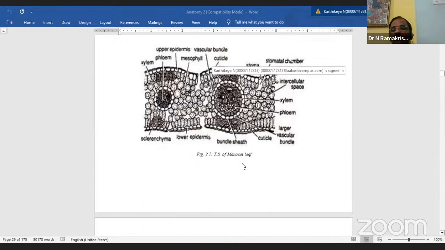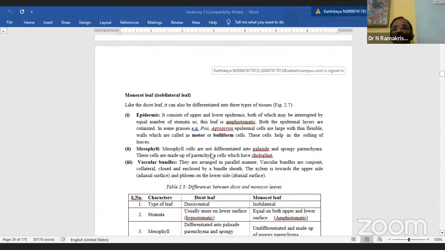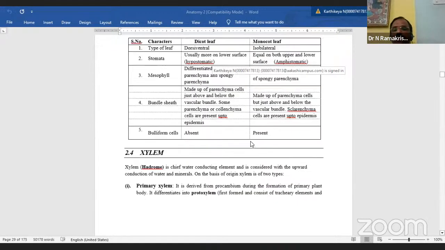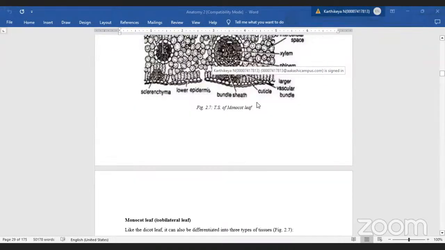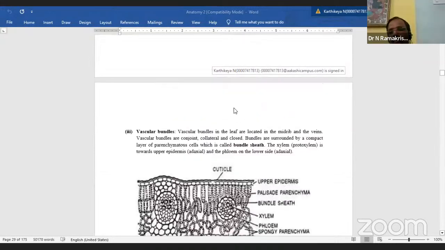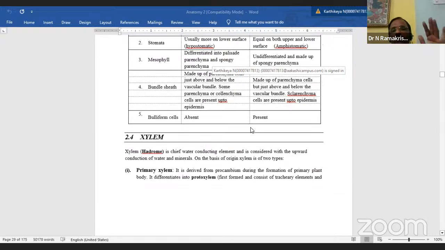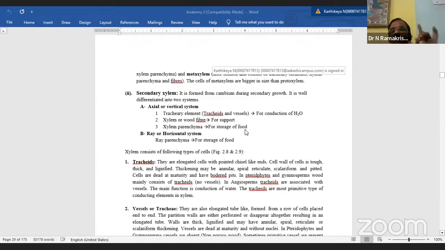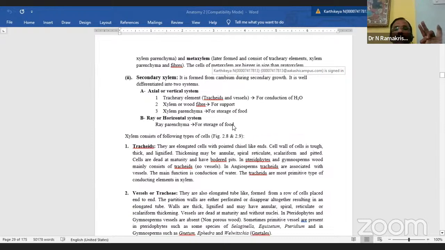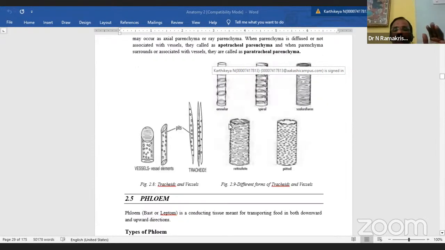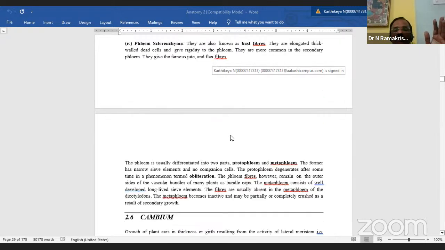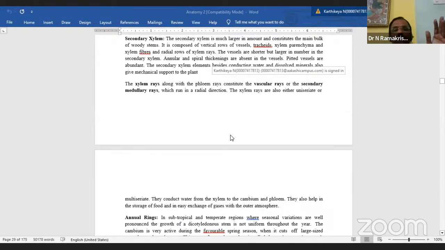So these are close associations where the vascular bundle is. Now you see here the mesophyll cells differentiate into palisade and spongy parenchyma. The cells are made of parenchyma cells, which often contain chloroplast. So based on that close association, we identify them. This one is the root system and stem system, and next there are leaf systems. This is anatomy. Already you know very well xylem and phloem. Next, now you see, again we are going to